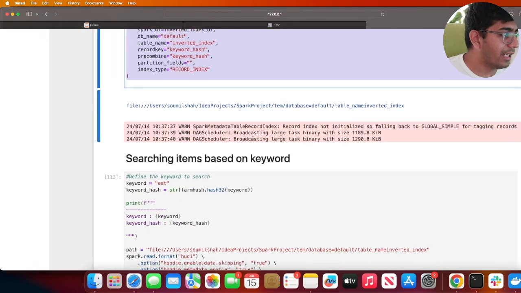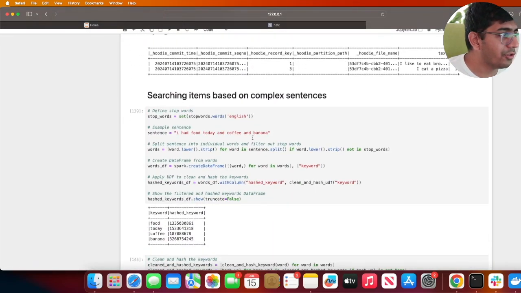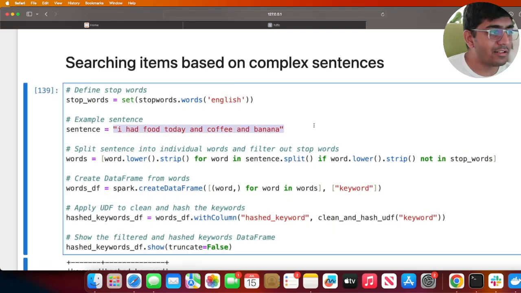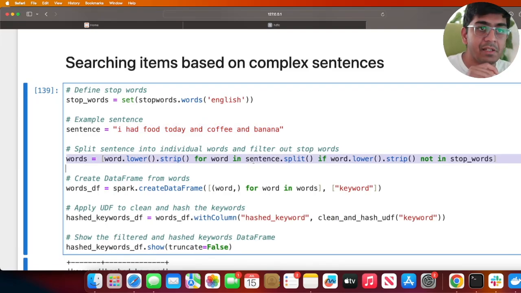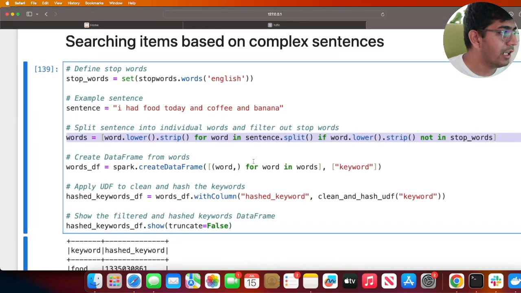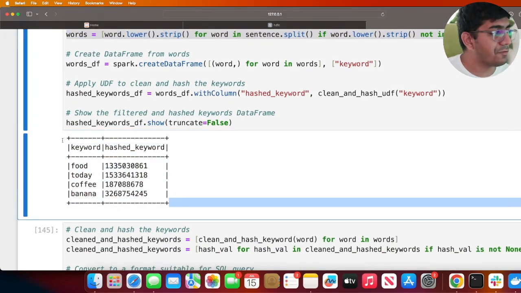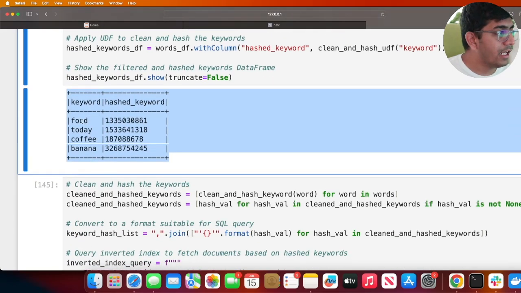Now the query part, right, how it works. So let me show you the sentence part. I think that will be interesting. So I get this sentence. Now the user is trying to search for a document, right? So the user is saying, I want to do A, B, C, D, whatever that is. You clean the sentence, you remove the spaces, full stops, commas, right? Using NLTK. After that, I grab the appropriate hash for the keyword and then I say, okay, give me,